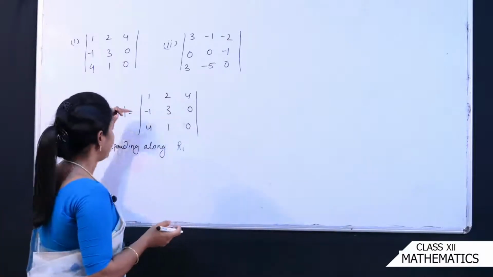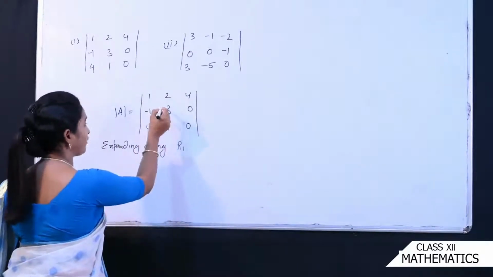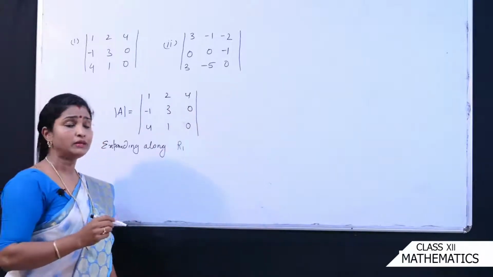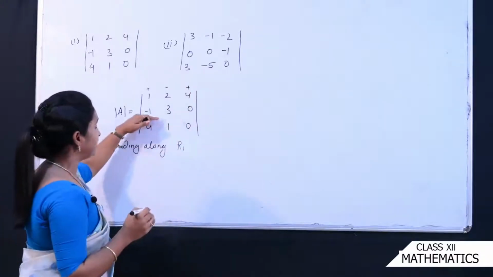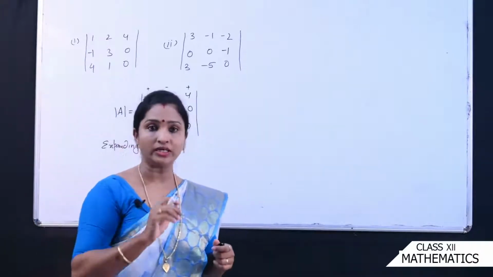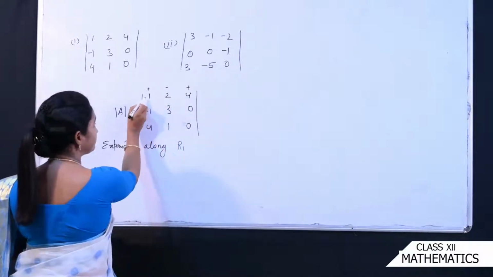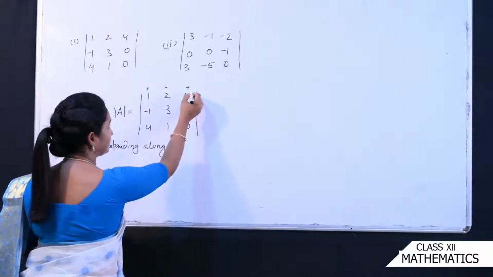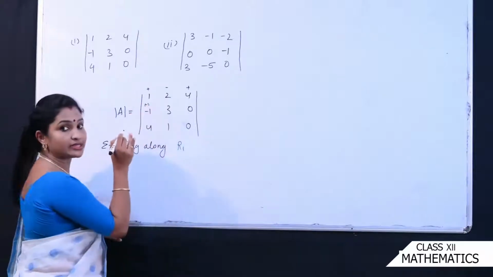Okay, now when you expand along R1, what is the procedure? First element into its cofactor, second element into its cofactor, third element into its cofactor. But the problem is, here it is plus, the minus, this plus. Every time it is not possible to find plus minus through cofactors. Okay, so I'll tell you a trick. What is the trick? Anyhow the first one you have to remember. Always when you find the cofactor of this element, you will be getting plus. When you find the second one, you will be getting minus, and when you find the third one, you will be getting plus. Okay, when you find this, definitely this will be always in minus sign, the cofactor.